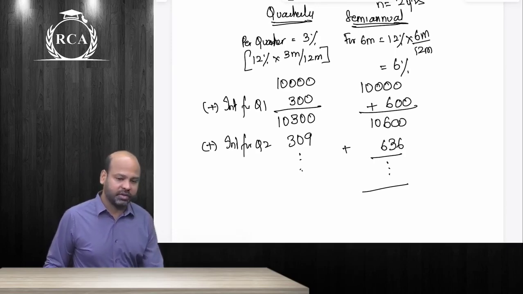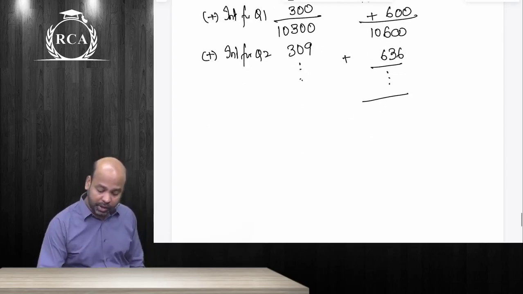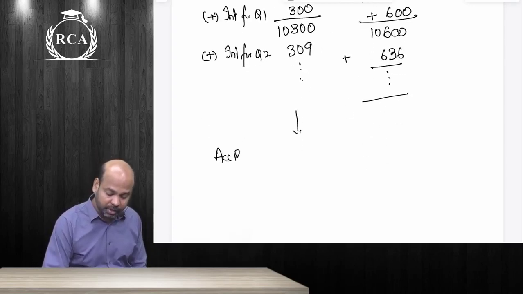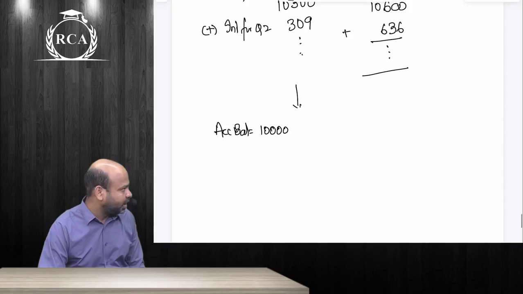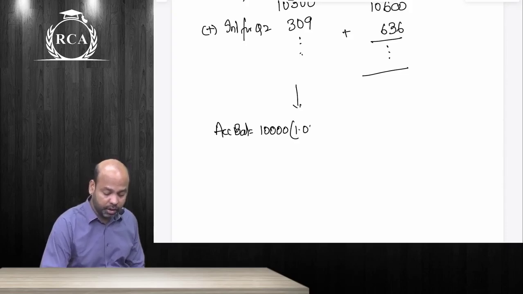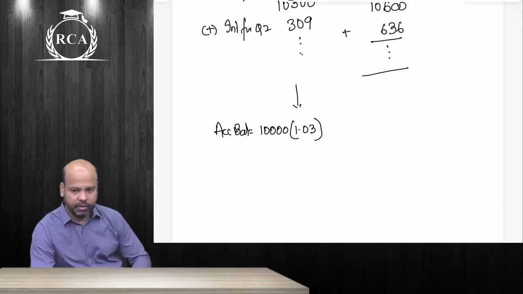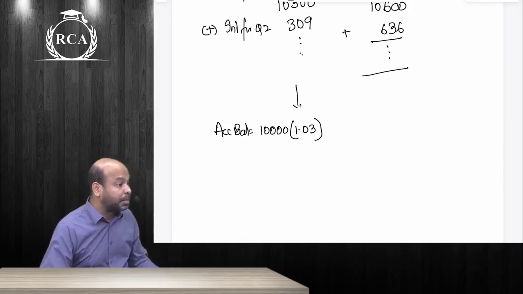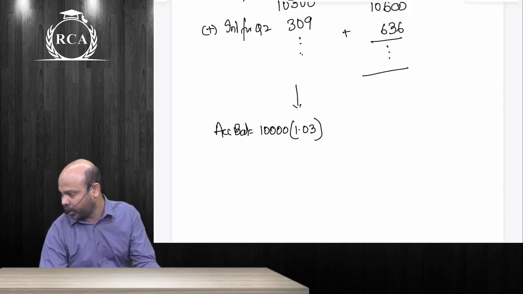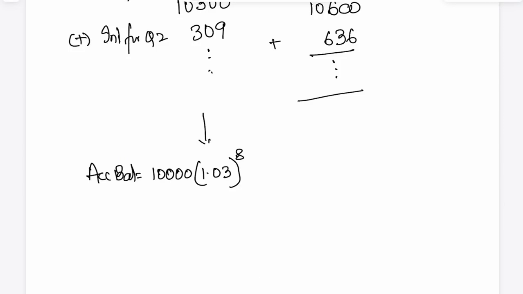compute interest for the first year, and then compute interest for the subsequent period. Yes or no? Now, how will I compute my total accumulated balance, beta, here? I'm depositing how much? Every time they're giving me interest, it is at the rate of 3%. In 2 years, how many times are they going to compound like this? Every 3 months, they are going to compound my money as such, beta. In a span of 2 years, the total compoundings that are going to take place, guys, will be 8. Yes or no? So that will become 10,000, beta, multiplied by 1.03 whole power 8. Give me a minute, guys.